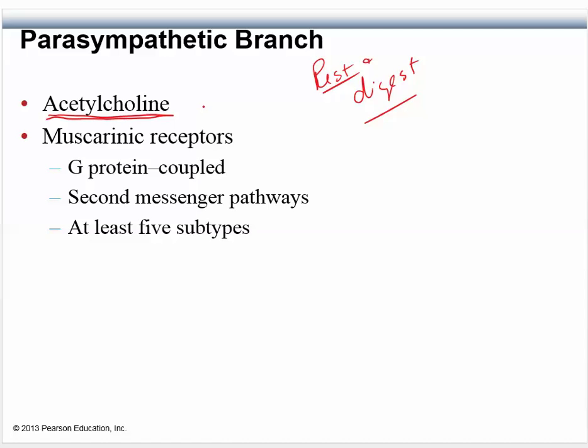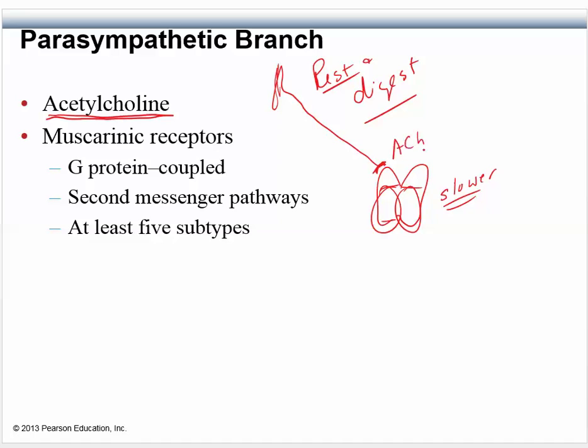Let's say, okay, if you are resting and digesting, what's your heart doing? Is it going slower or is it going faster? Well, I think it's pretty clear that your heart, this is the heart because it has the atria and the ventricles, would be pumping slower. Okay? All right, so that means that at some point, this is a neuron coming from what's called the vagus nerve, and it's going to be releasing acetylcholine onto the heart, specifically onto this little area called the SA node and the AV node. And so that's what's going on.